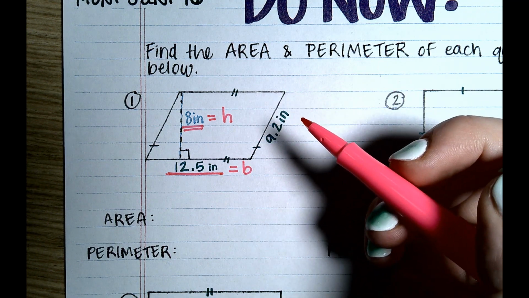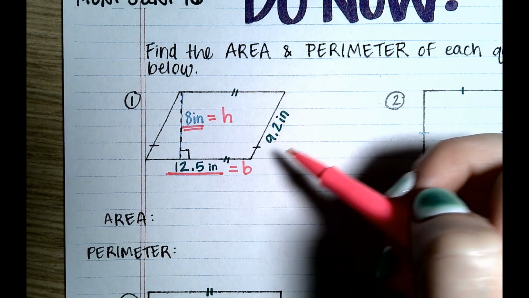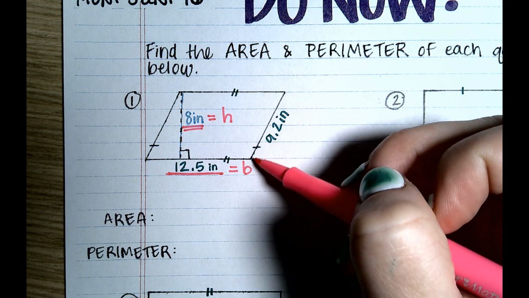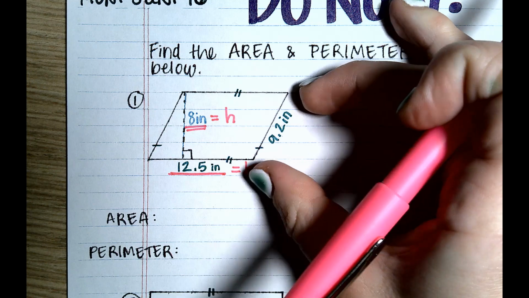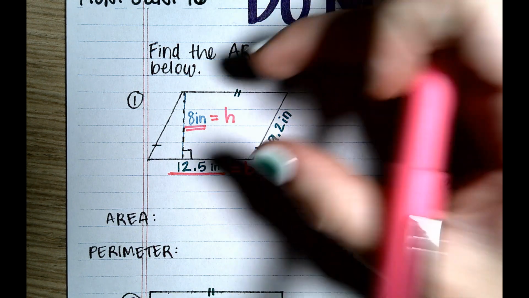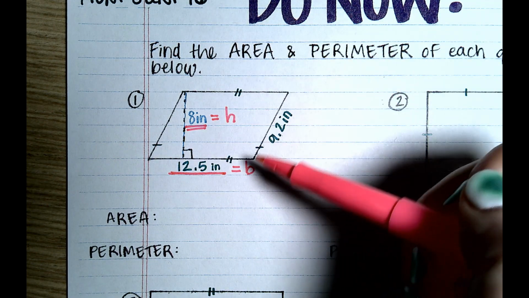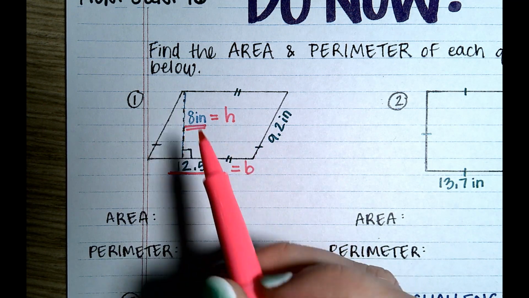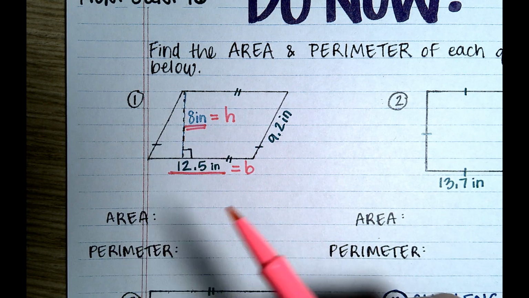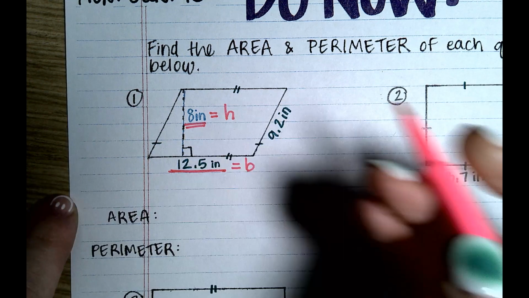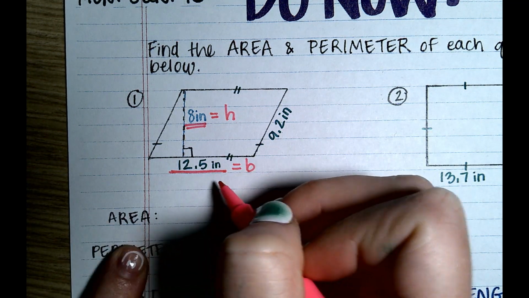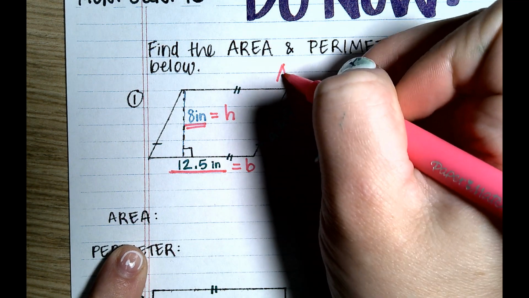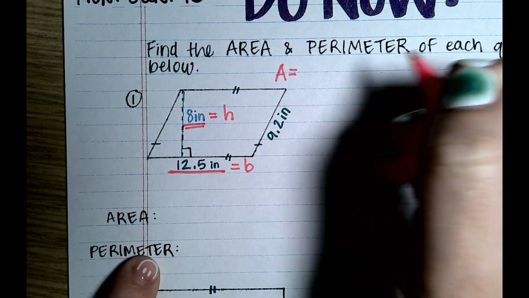Because that's going to help us more with the perimeter. This is a side length, and it doesn't tell us how tall the shape is. It's just giving us the length of that side. So what am I going to do with those two numbers? You're going to times them. I'm going to multiply. So let's see, 12.5, I'm going to write over here, A equals, so area,